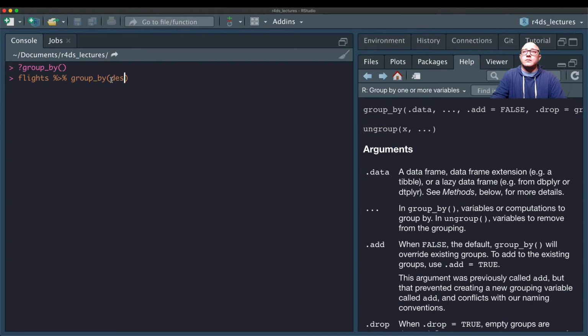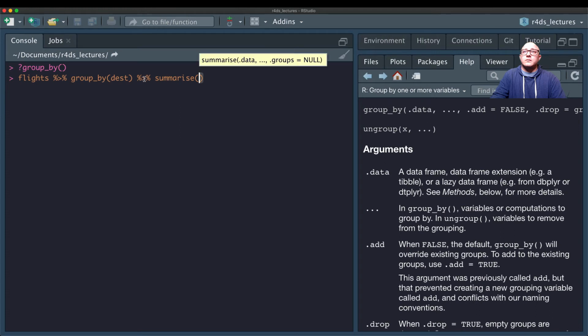Then all we have to do is do destination, and it will automatically group by the destination. That is very useful to us because it expedites the process. We don't have to keep writing flights inside here over and over again, and it takes this next group and then disperses it into the